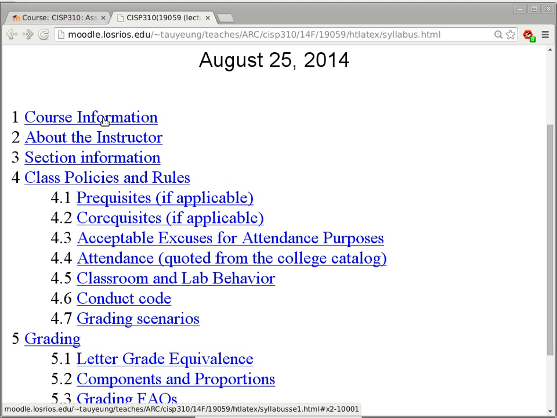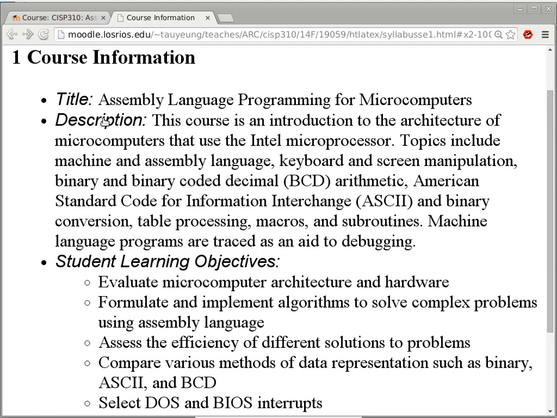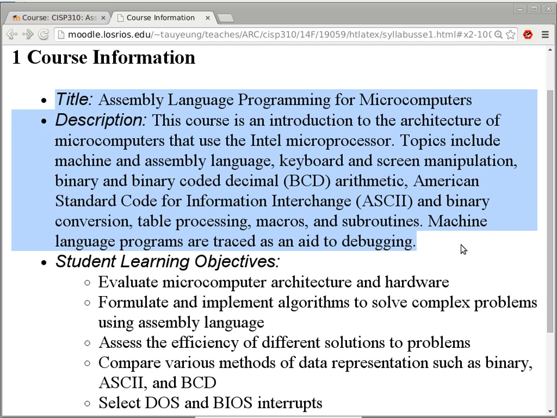So we'll start with stuff that you already know or you should know already. The first part, which is from here to here, that's stuff from the college catalog. So there's nothing really new here, except the content is a little bit different. I'm not going to really talk about BCD, binary coded decimal. The curriculum has changed a little bit to align with the CSU and the UC system, because they want to